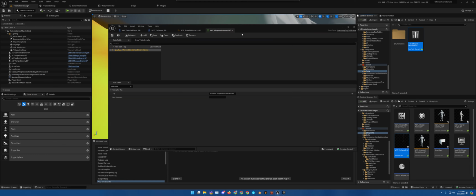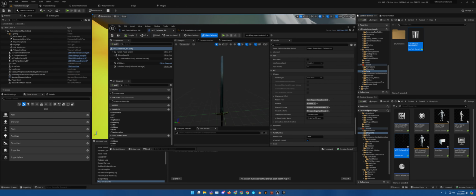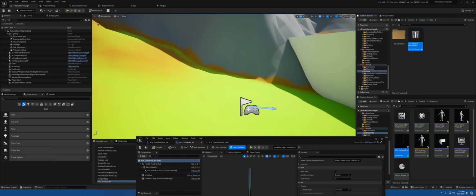We come here, we can close this for now. We don't need this data table. Come here to the weapon. So moveset.single hand sword. Here's katana. So we want to put katana and katana. Perfect. Now we know that that's how that works. Compile, save. Now you're going to notice that if we were to hit play,